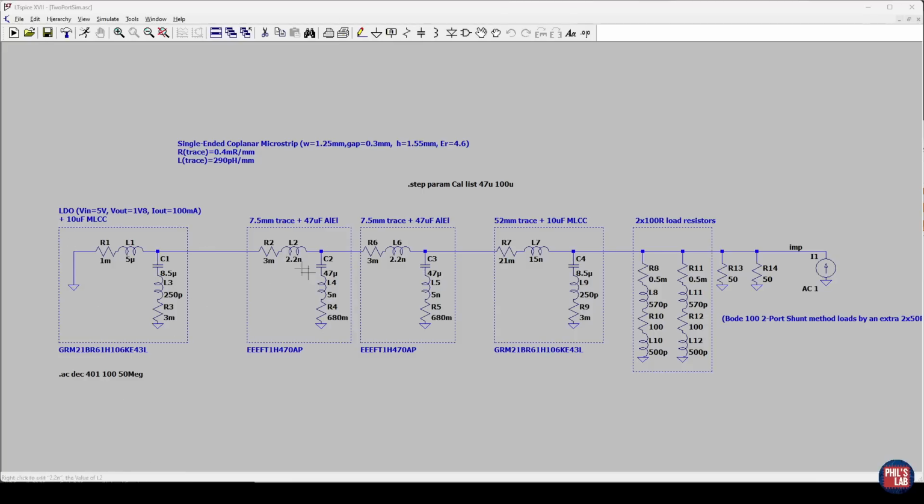Then I have a tiny bit of trace, a capacitor, a bulk capacitor, again another bit of trace and a bulk capacitor, a longer trace and a multi-layer ceramic capacitor, and then my point of load, where we have a couple parallel resistors. I can then use this in the simulation to perform an AC frequency simulation, provide a current source stimulus to then measure the impedance looking into the node, which is at the point of the load,